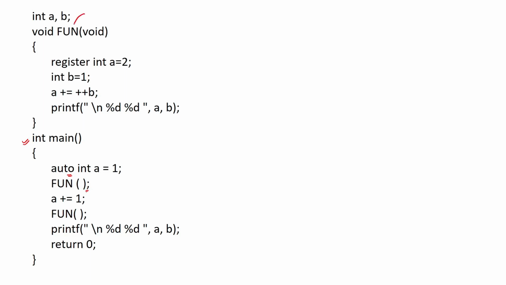So we will come here, and here you should see that we have a and b. These are the global variables. So we can write these global variables a and b, and these will have default values of 0. Now we will see how this fun is called. This void means that no parameters are passed. You can also keep it empty or you can just write void.